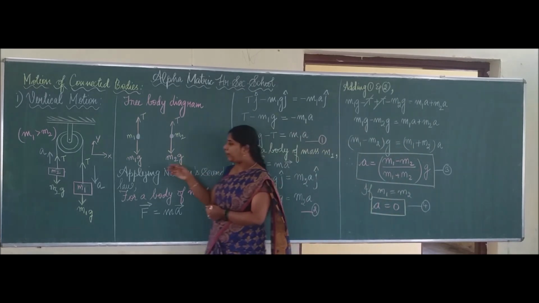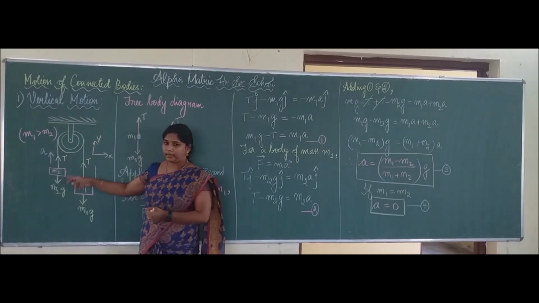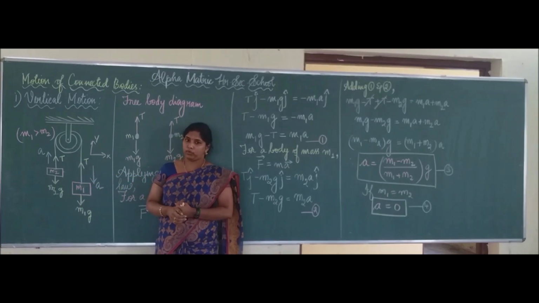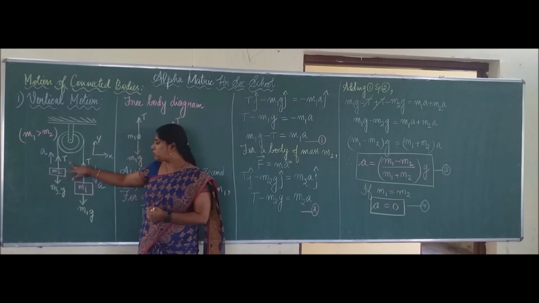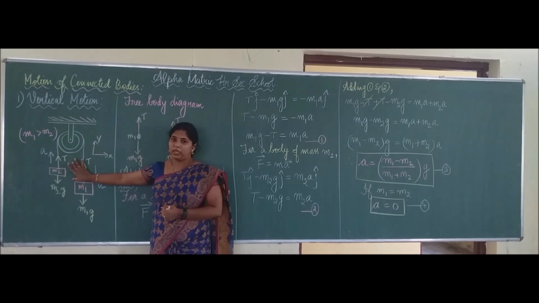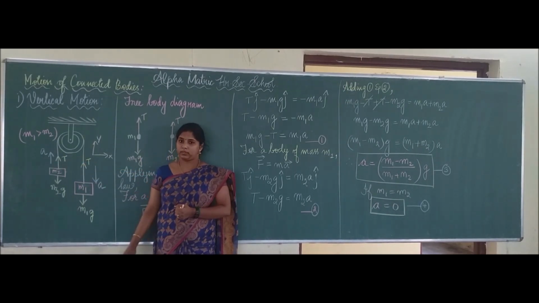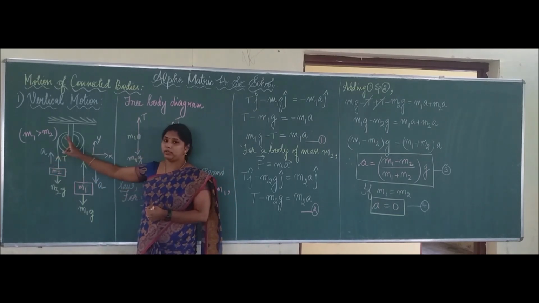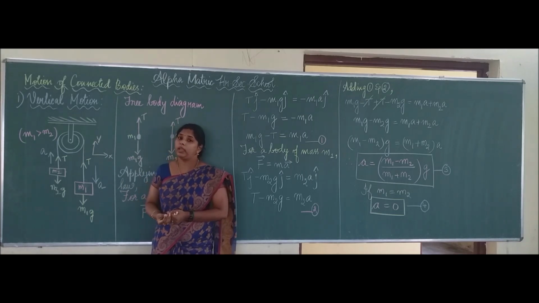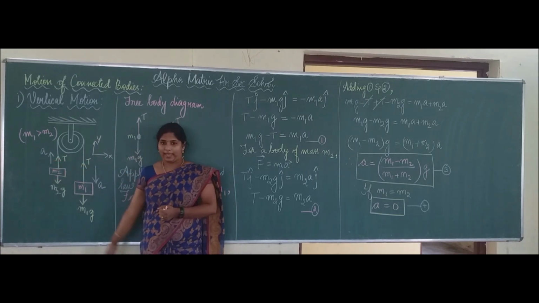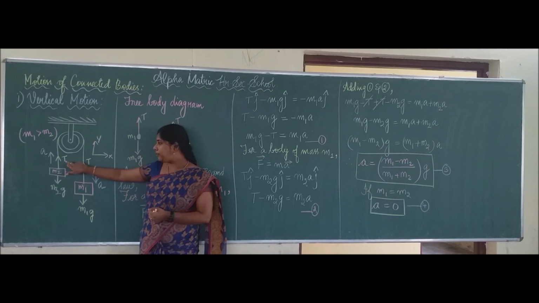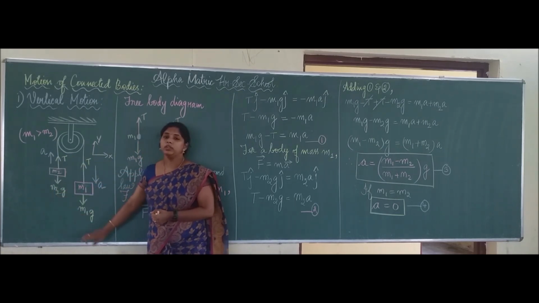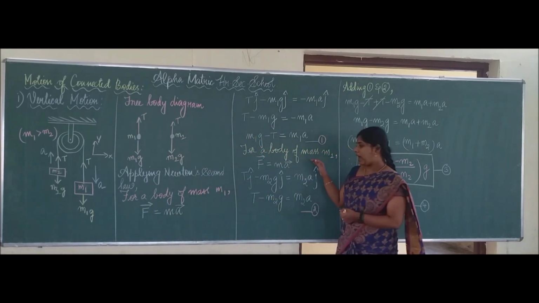So for the body of mass m2 also, two forces are acting here. One is the tension force, another is the m2g force. These two forces are equal and opposite to each other, so we have to subtract the forces. And the acceleration is acting upwards here, which means the vector is plus j cap for acceleration, plus j cap for tension and minus j cap for m2g. That is what we are applying here.